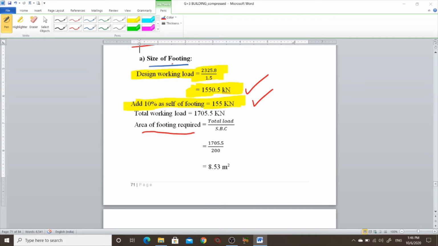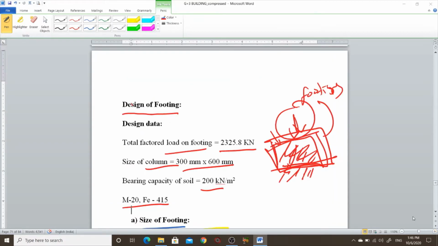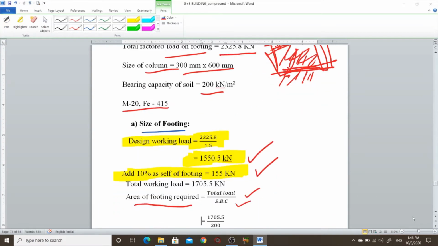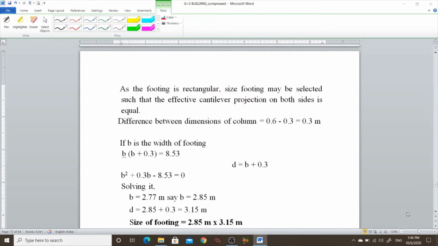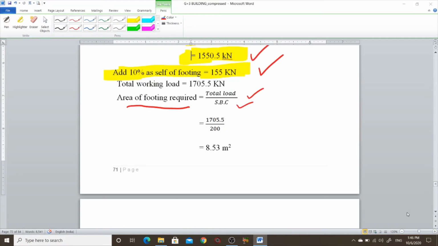The equation for the area of footing required is the total load divided by SBC.